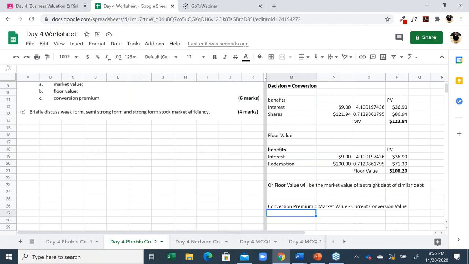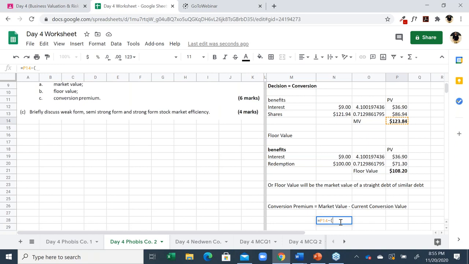So what's the conversion premium? The conversion premium is the difference between the market value and the current conversion value. Let me calculate first and then I'll explain what this actually means. The market value that we have calculated is 123.84, whereas the current conversion value is the value of the shares if these shares are converted now. If we convert the shares now, the value that we'll be getting upon conversion will be called the current conversion value